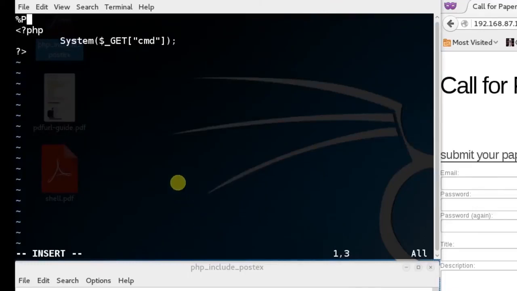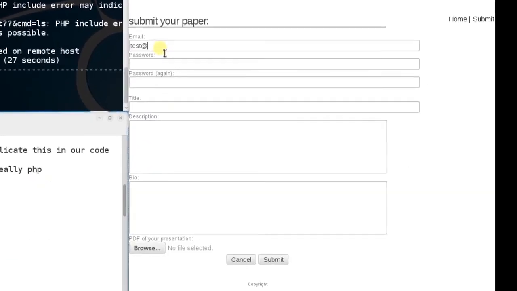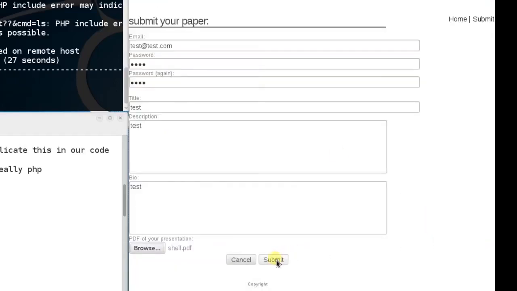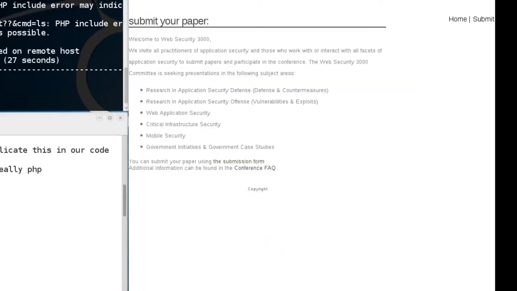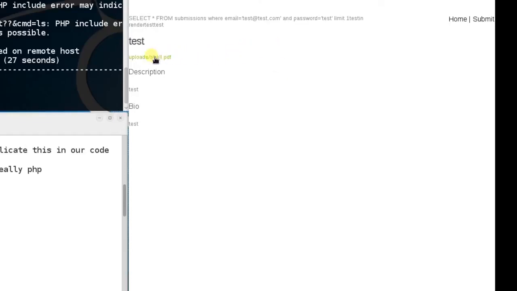We're going to do that with %PDF-1.5. Save that, write quit. Now we're going to create an account real quick and upload our PDF file. Okay, that passed both content and extension checking. We're going to log in and see where our file exists on the server. Okay, it's at